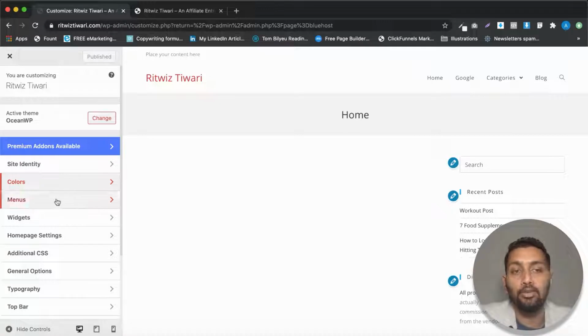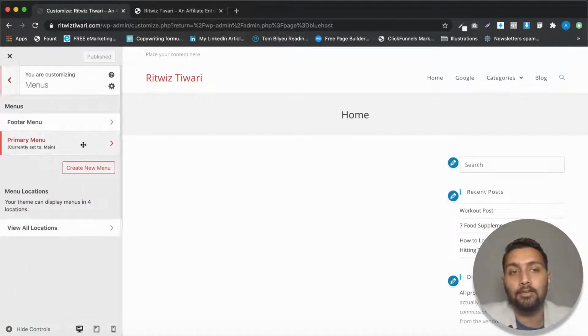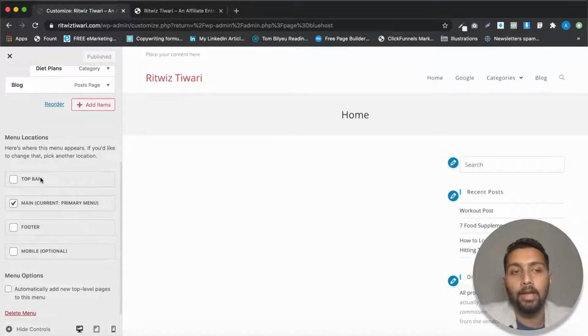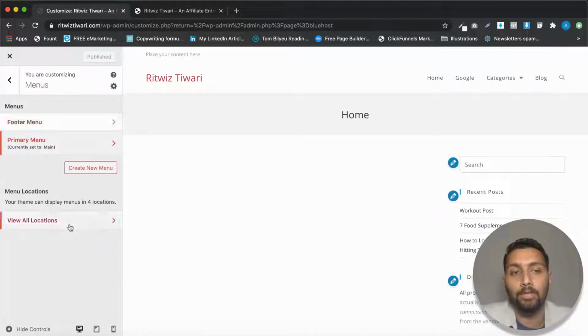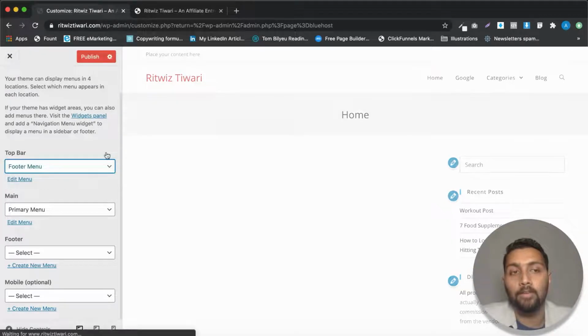So let's go to the menus part. Now see, this is the interesting part here. Menus are something which we have discussed, and it's actually the same thing that we have here. You can just reorder them, and then you have these menu locations. These are the basic options for all the menus, and these are the locations we have already talked about. This theme has 4 locations: top bar, main, footer, and mobile. For the main one, primary menu has been selected, but there is a top bar here as well. So let me add in the footer menu here that we created in the backend.